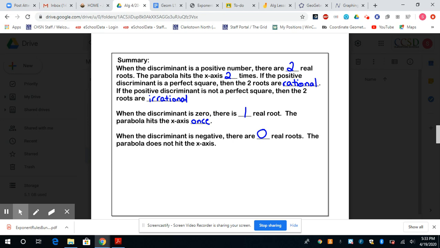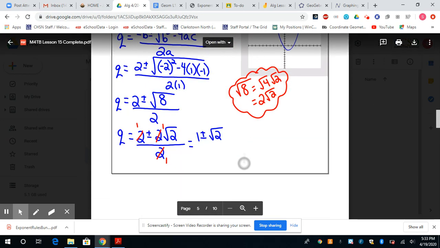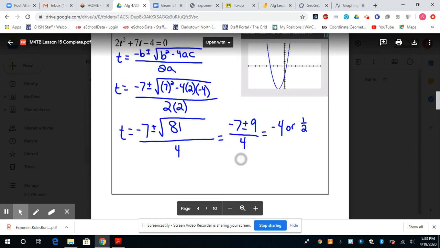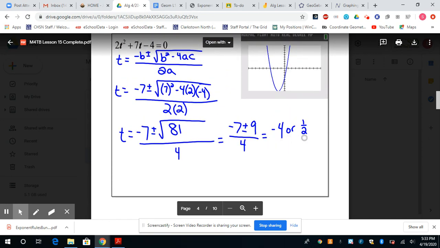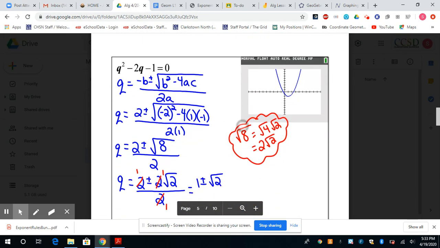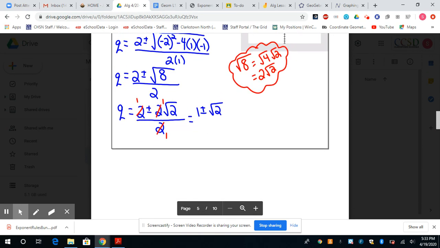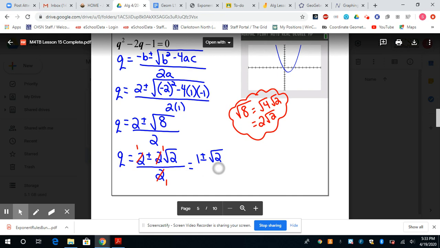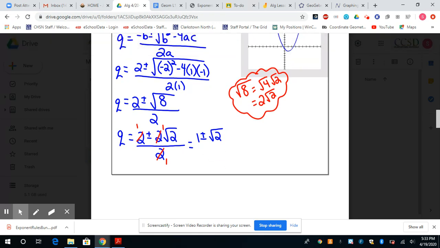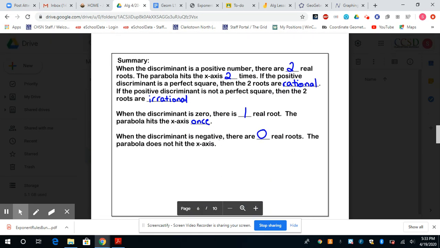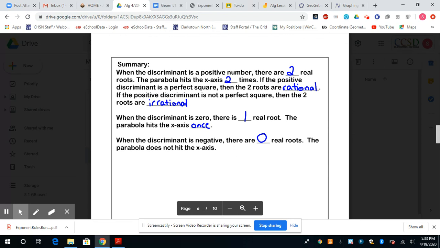All right, so like we saw before, it was a radical 81. So we got really nice numbers. We got -4 and 1/2. Those are rational numbers. When we get something like here, where we get 1 plus or minus a radical 2, if you put radical 2 in the calculator, you're going to get a non-repeating decimal. It's going to be irrational. All right. So there's a difference between if it's